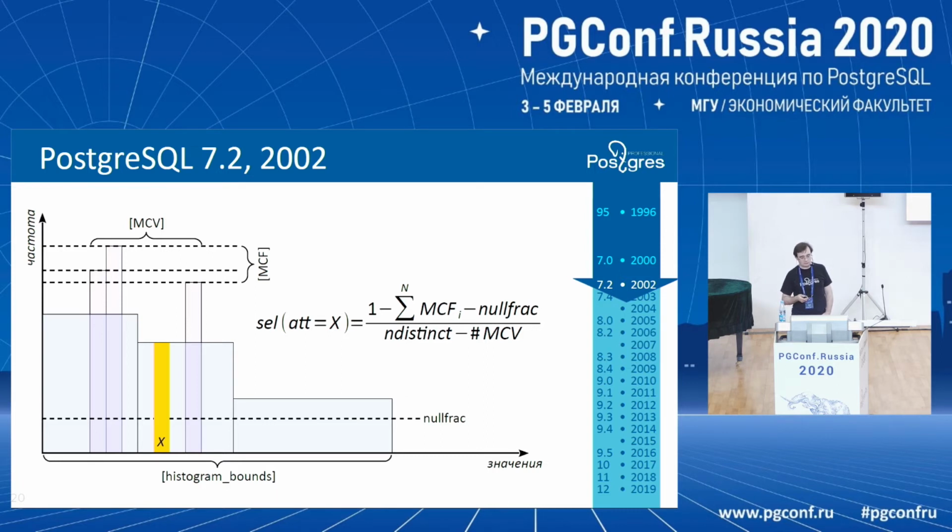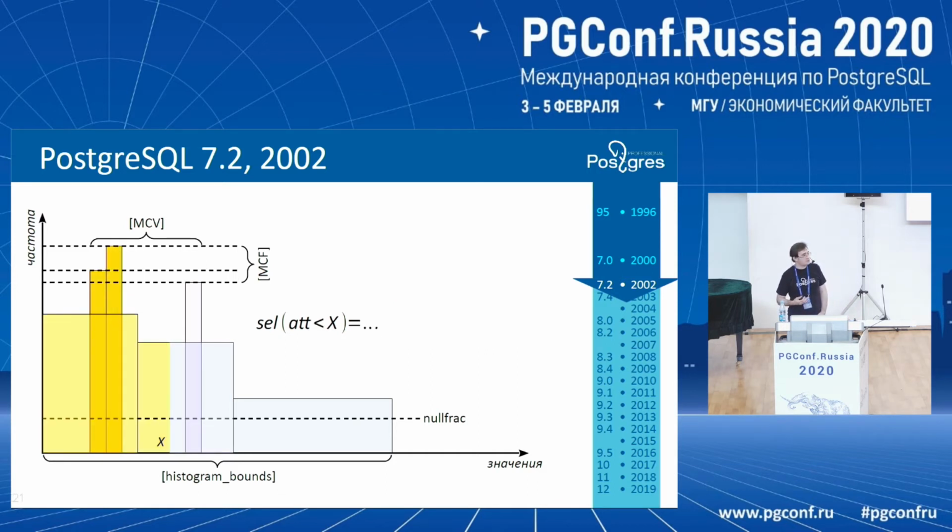Considering that the histogram is built in a way that it considers not the most often values, then we will have to calculate the most often ones, for which we know the frequency. If we need to evaluate the selectivity of inequality, then we will have to find the most often values which are